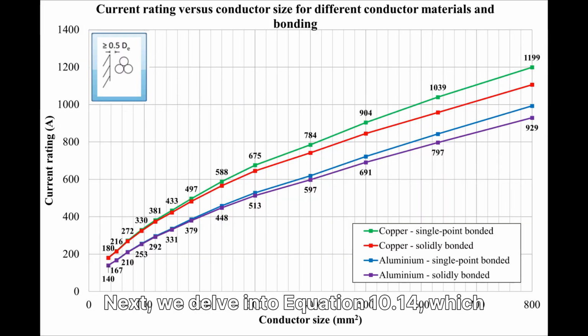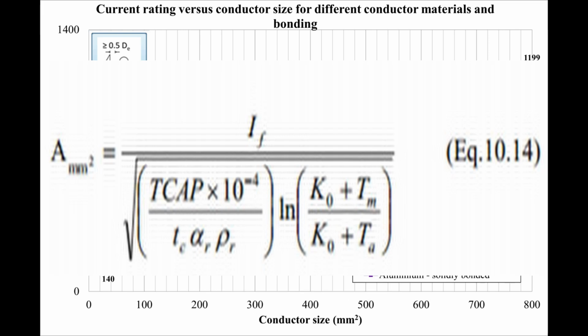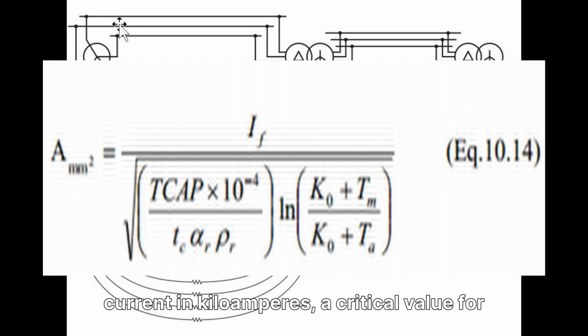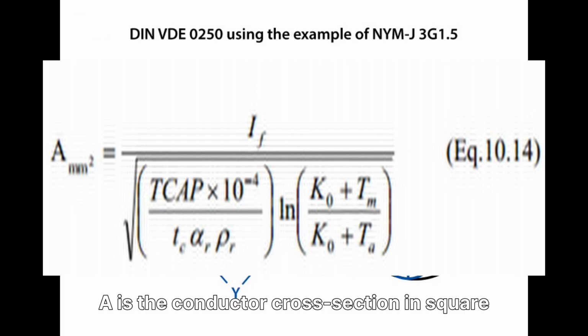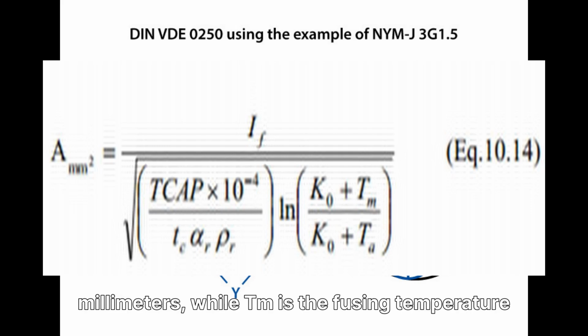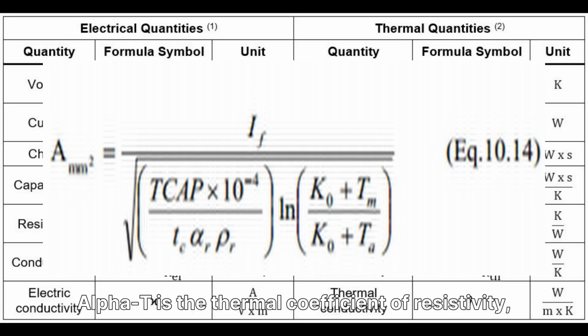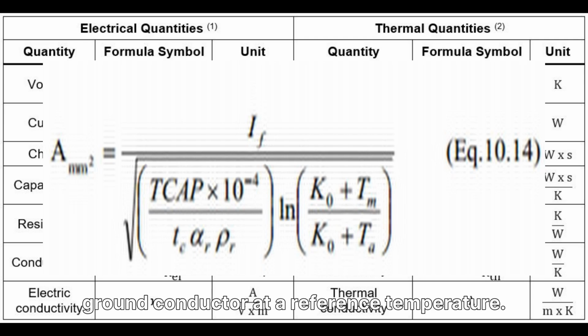Next, we delve into equation 10.14, which determines the thermal short-time current capacity of a conductor. Here, I represents the symmetrical ground fault current in kiloamperes, a critical value for system safety. A is the conductor cross-section in square millimeters, while Tm is the fusing temperature and Ta is the ambient temperature. Alpha T is the thermal coefficient of resistivity, and Rho T is the resistivity of the ground conductor at a